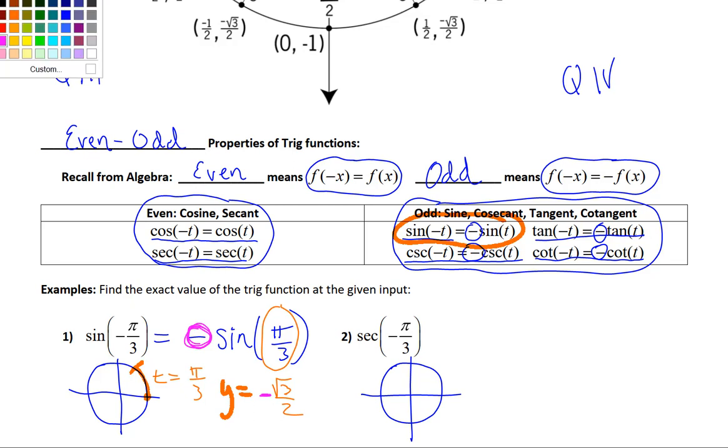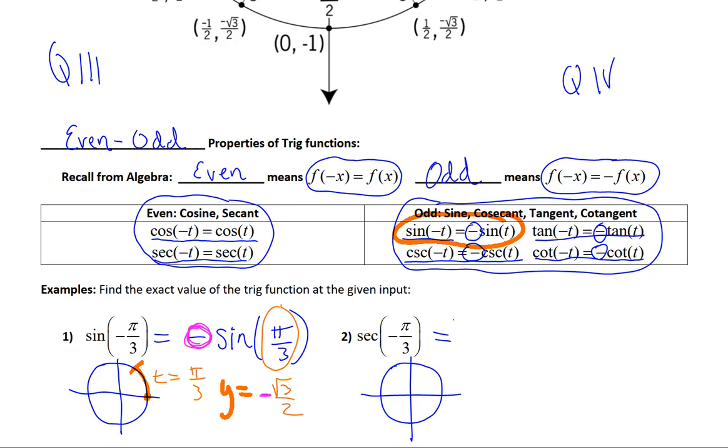Or let's try another one. Suppose we have secant of negative pi over 3. Again, you could consider a negative input as an arc that starts at (1, 0), but then rotates in a clockwise direction. Or we could recognize that with our odd-even properties, and secant being an even function up in our list,